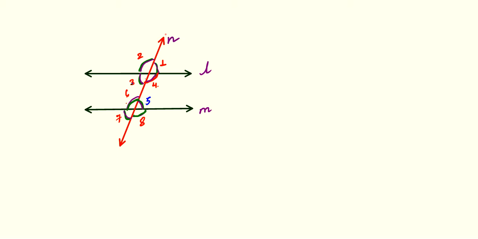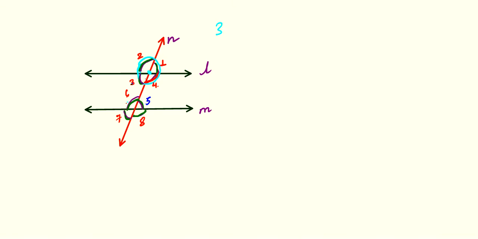One more point which I want to explain before starting exercise 25b is that line L and line M, these two are parallel, and this N is transversal, which is intersecting line L at this point, as you can see, and line M at this point. And in the introduction part I have explained to you that angle about a point is total 360 degree here. Similarly, angle about this point is 360 degree.